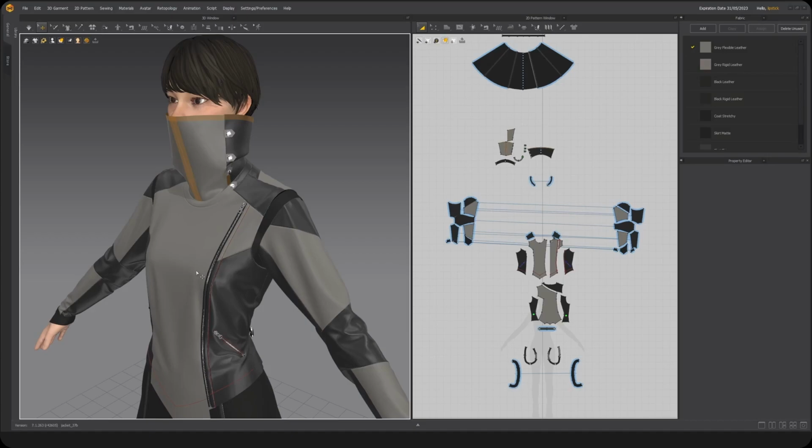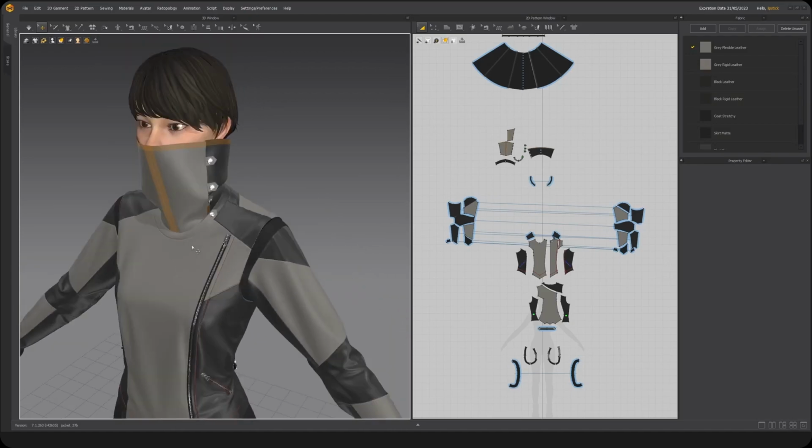Or perhaps your garment is exactly the way that you want it, but you're not necessarily looking to bake it down to a low res. You just want to render it out. You want to apply a nice detail map that will tile over the garment. Perhaps you're not even making a game character, you're just making a character for your own portfolio just for the sake of it. Those are all situations where it is very useful to be able to export a garment out of Marvelous Designer and to have some type of very clean topology to continue to work with it or to